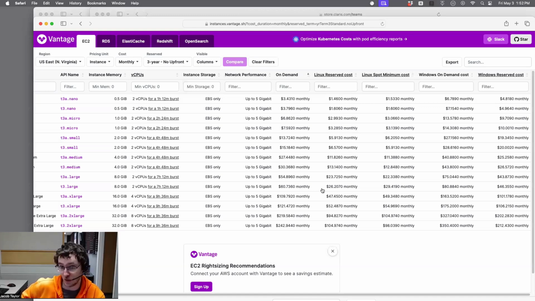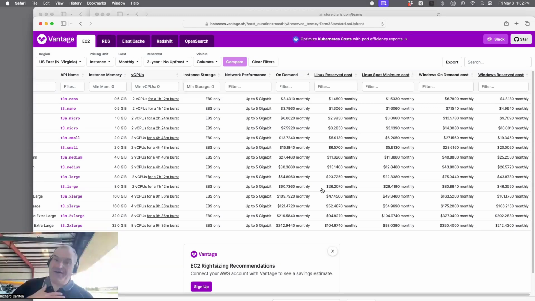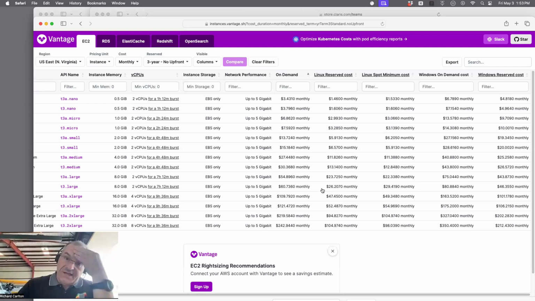Yeah, because I personally would love a Mac server on AWS. I think that would be great, but if we're paying $90 for a T3 2X or an extra large or whatever it was, and the equivalent Mac is, I don't know, $300 or $400 a month, as opposed to $80 or $90, which is a hell of a lot even more than the Linux. So unfortunately, the premium experience, they bill for it aggressively.